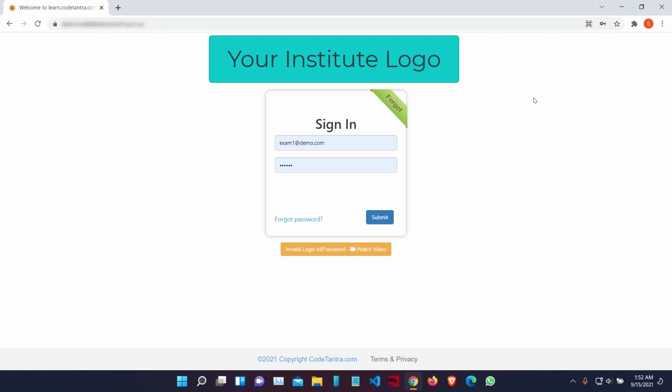On this login page, you'll be able to see a sign in screen, and at the top you'll be able to see a logo also, which will be the logo of the institute that you belong to. Now if you're able to see this logo, that means you are on the correct login page. If you are not able to see the logo of your institute, probably you are not on the right login page, so you need to check the URL that you are visiting. Just in case you are visiting the right URL, then you can enter your email ID and password in the designated space, and then you can click on submit.